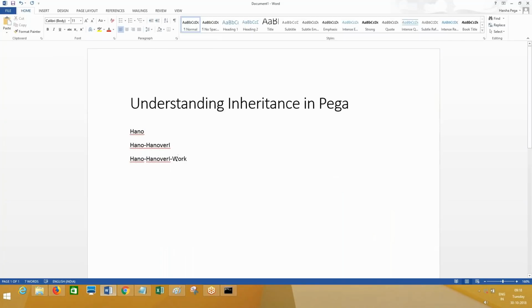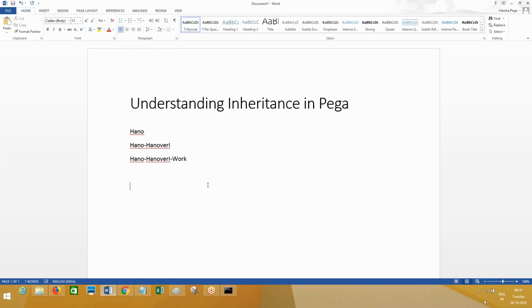How will it identify? With respect to the current class, the previous class which is available before the hyphen is parent to the current class. The previous class which is available before the hyphen to the second level class is the parent of second level. That is how PRPC is going to identify the parent classes when it comes to class name. Now this class name is a pattern of multiple classes separated by a hyphen. So using this, it will identify the inheritance parent classes. So this is called pattern inheritance.